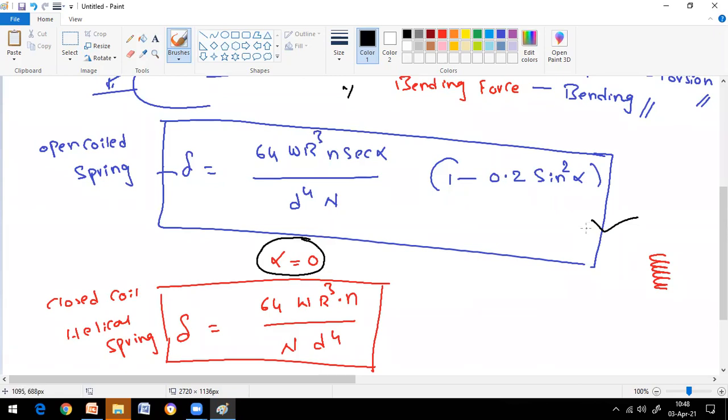Okay, so now let's write the deflection formula for leaf springs. Let me first discuss what we mean by a leaf spring, then I will note down the formula. I think only 7 minutes are left in this particular session. Shall I restart again, so that we can finish these leaf springs?